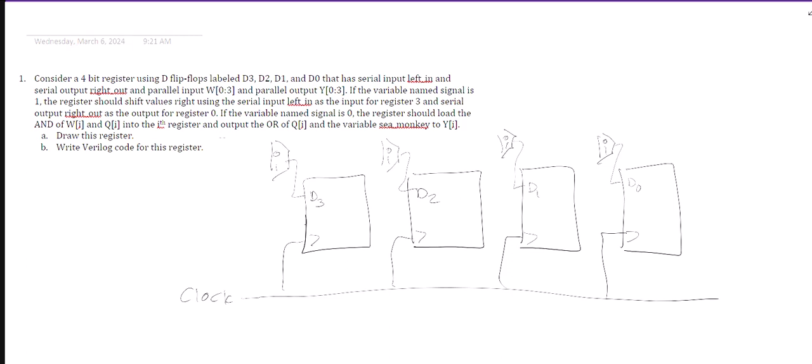So I have something called signal, and it's a variable, and it is going to tell the multiplexer what to do. And it says if signal is 1, the register should shift values right. Okay, so